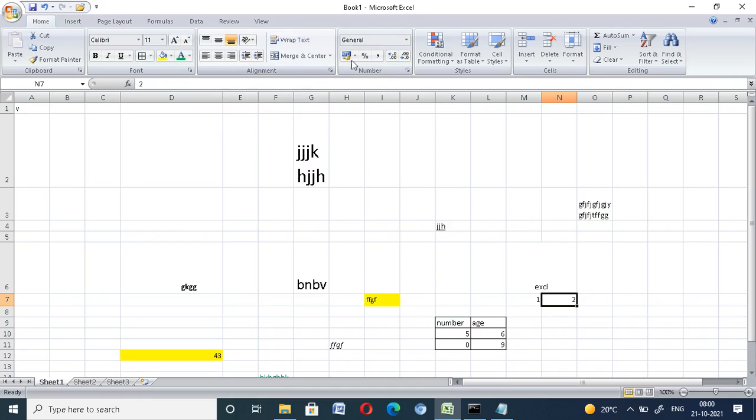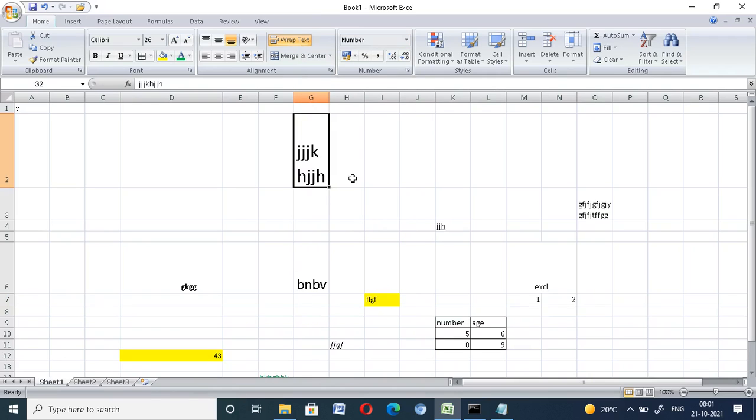Now we will go to number. Number is how the values in a cell are displayed, like percentage, currency, date, time. Like you select it and choose number.